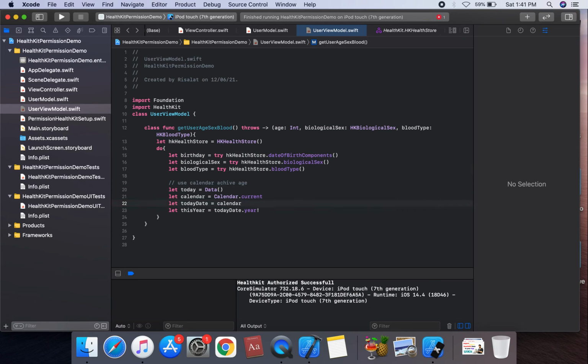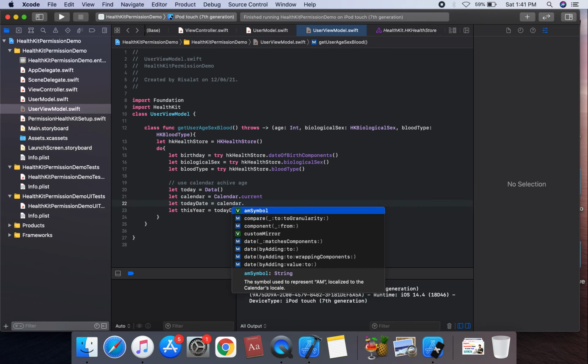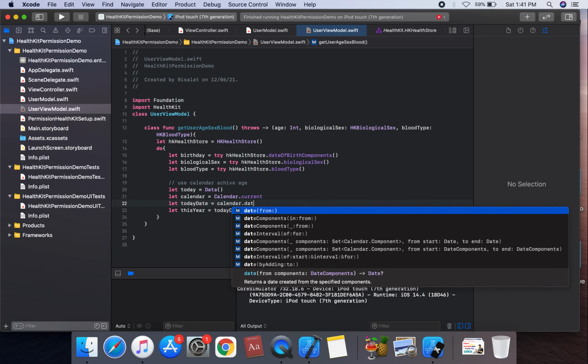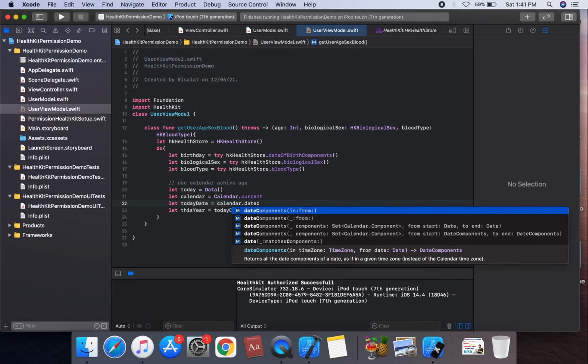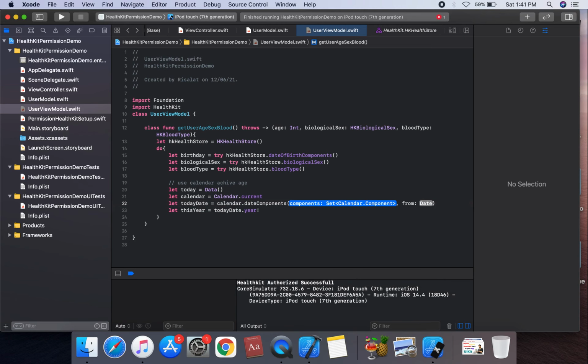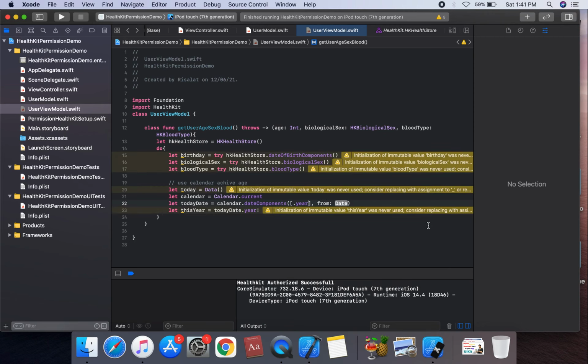So dot date of component from array of set calendar. So dot year, and from today,